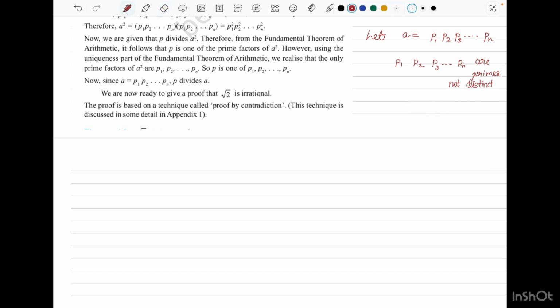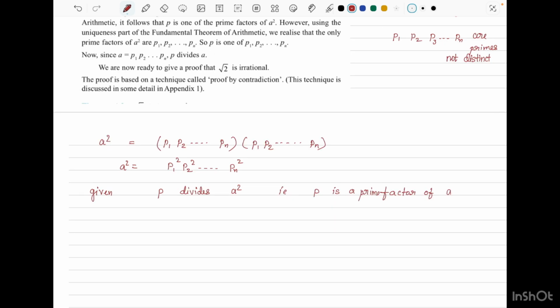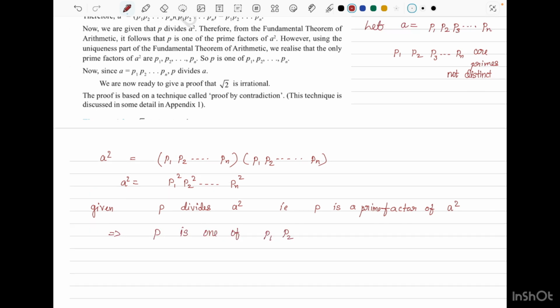Now a square, we know a is p1, p2, p3, etc. pn. So a square is equal to p1, p2, p3, etc. pn into p1, p2, p3, etc. pn. a square can be written as p1 square, p2 square, etc. pn square. Given p divides a square, that is p is a prime factor of a square, which implies